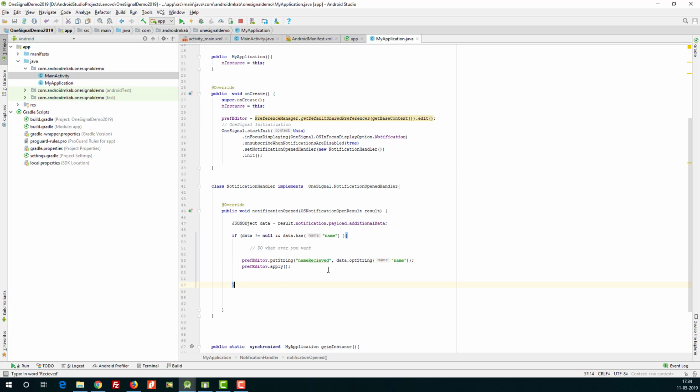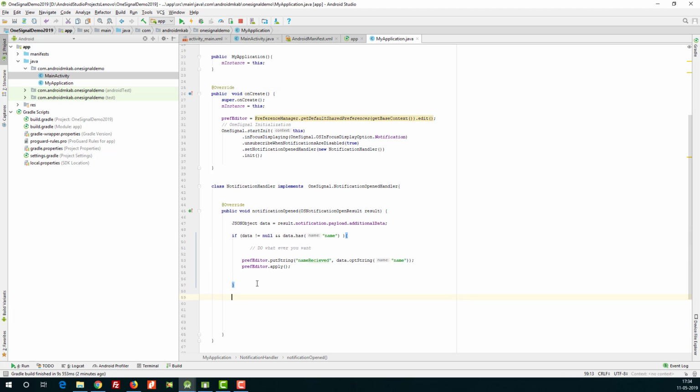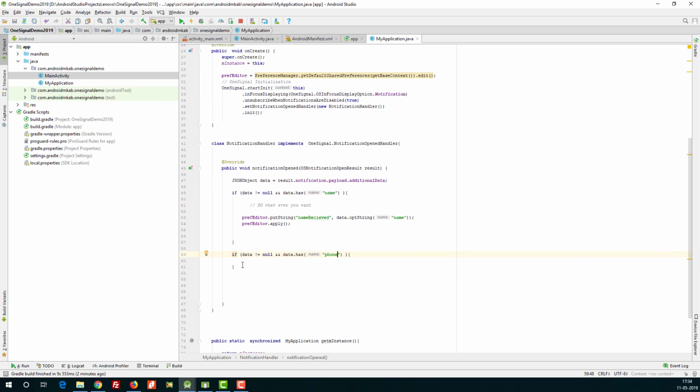Okay, so if you want another thing, just copy this one again, and here you can get phone number, phone. Then we can just copy this here and paste it here, and instead of name we can give phone received, and here phone.